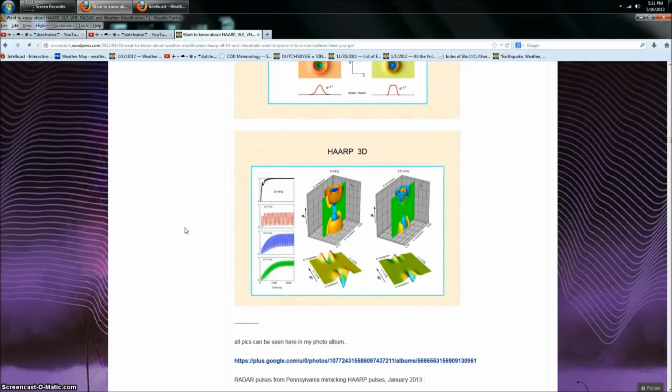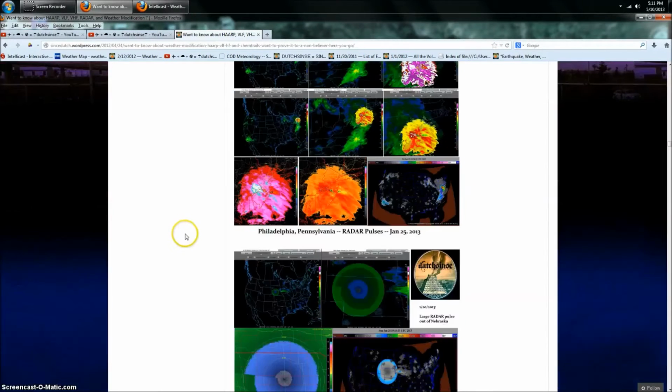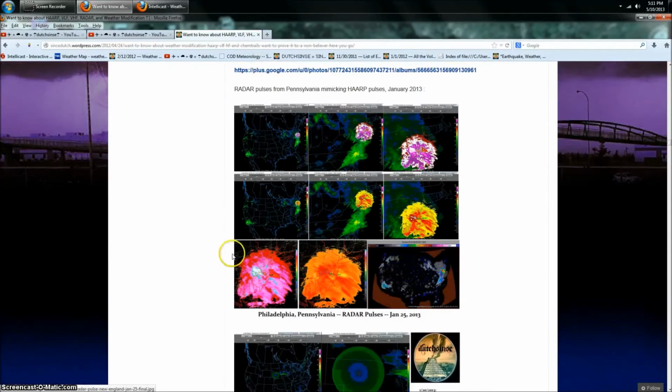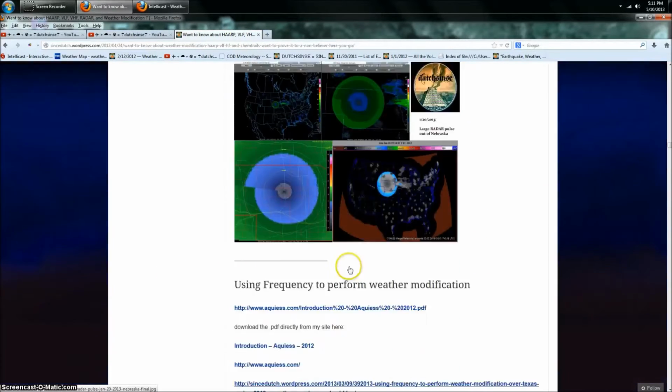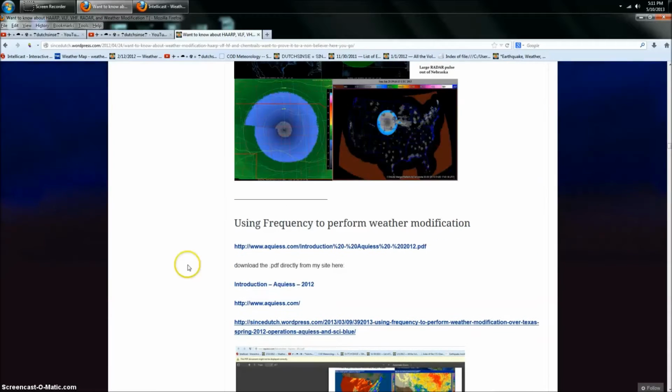Now, it's my contention that they already know this and that it's being done on purpose. Can't prove that yet. All we can prove is that it's happening and that the storms are coming to the center of the pulses within 2 to 3 days. And again, here's more diagrams, and again, storms hit each one of these areas within 2 to 3 days. And I'm talking the direct dead epicenter of the pulse. Within that small ring there, no more than 50 miles across, we're talking about being hit.